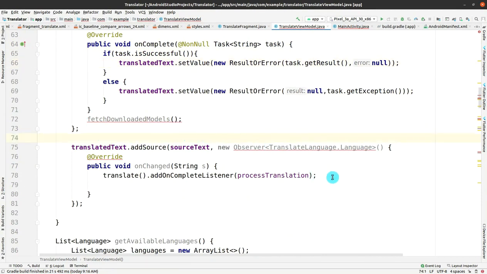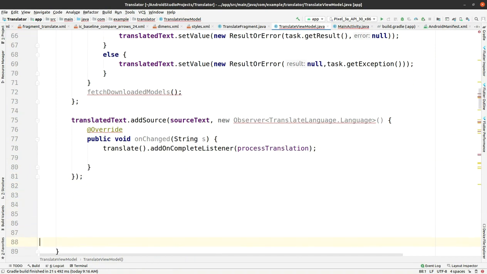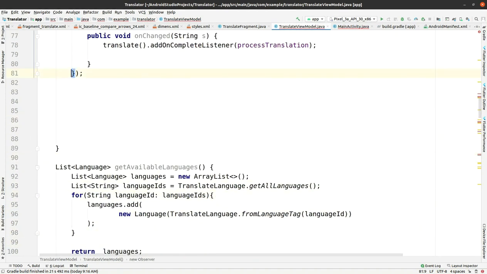Okay, so it is completed, yes, and the curly braces are also matching. Okay, so now we are in the part of the get translate view model constructor, and within this we have to